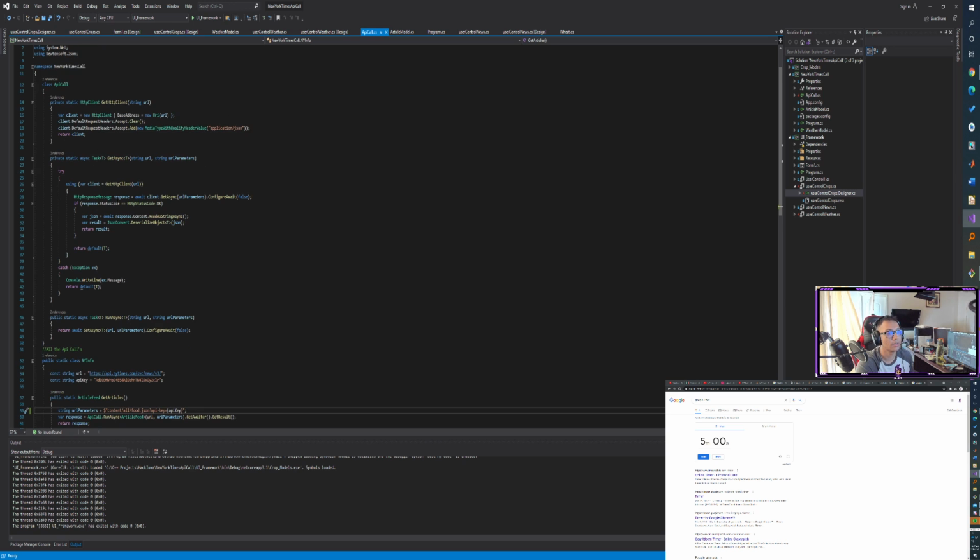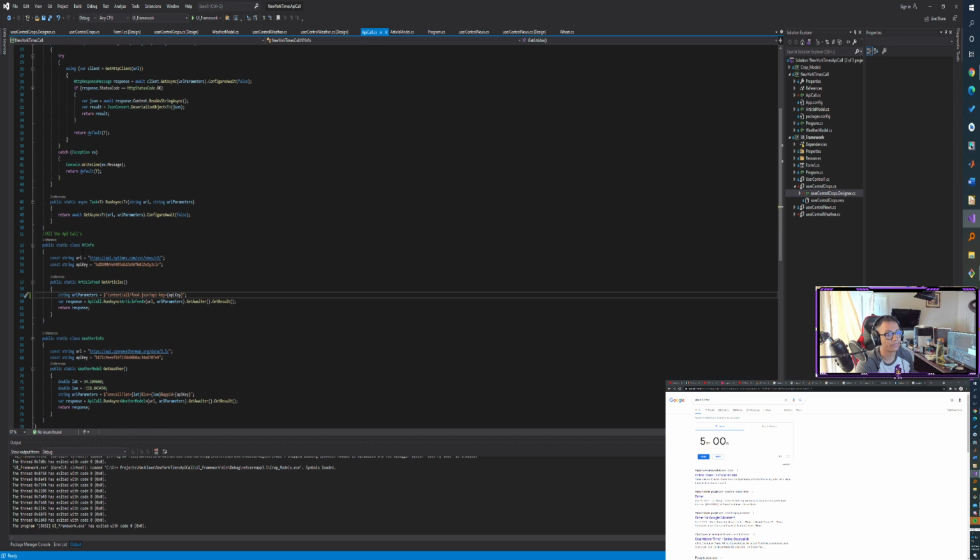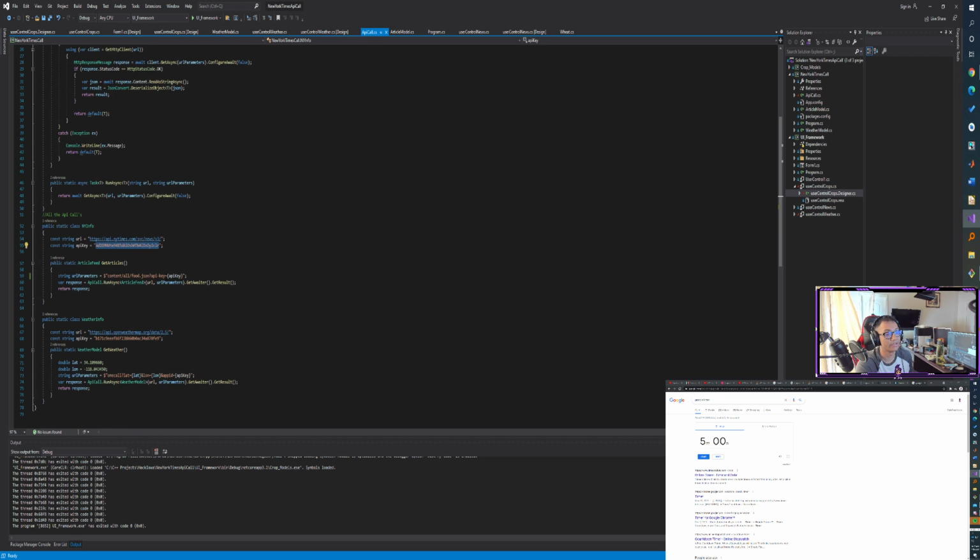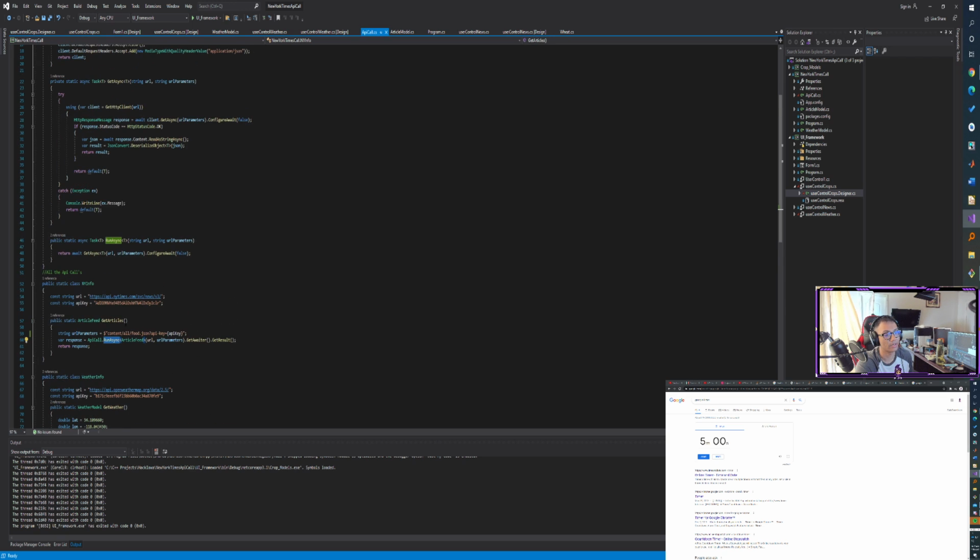As you can see here, I've got the URL and the API key, and then all I had to do was do a run async task threading with the actual template object, which would be my article feed class with the URL and the URL parameter,